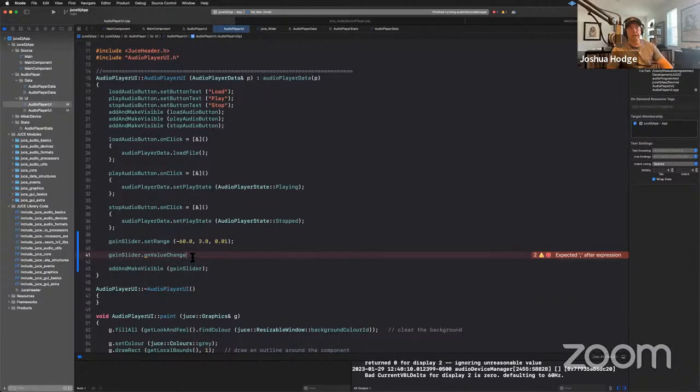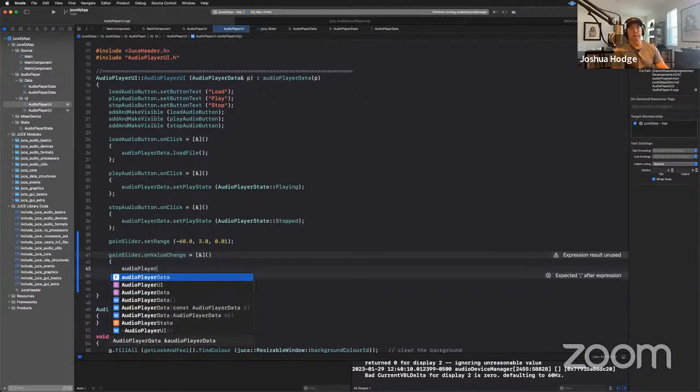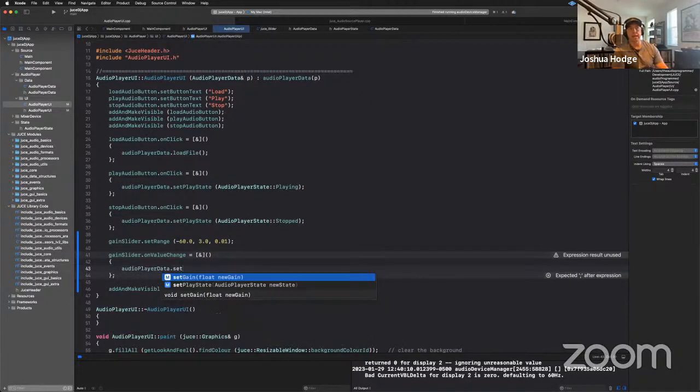And gain slider has something similar called on value change. So here I'm going to do a lambda, and what I want to happen here is that we're going to say audio player data, set gain,